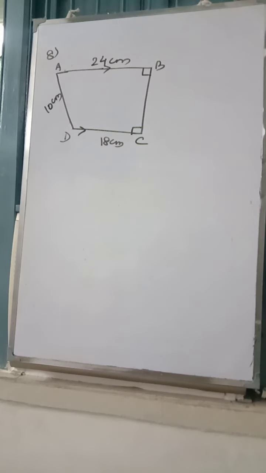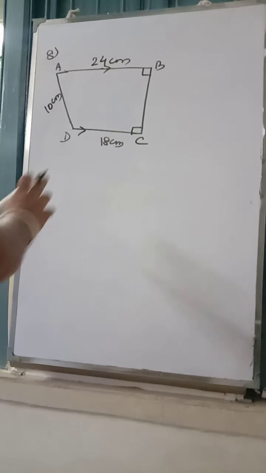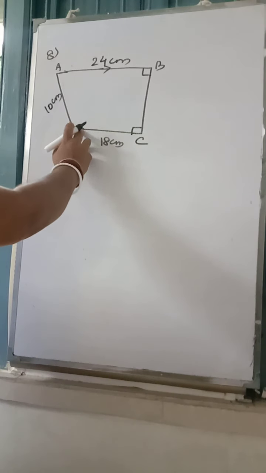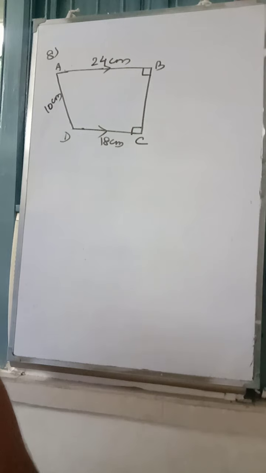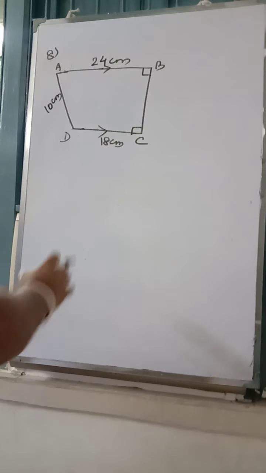First it is given AB and CD are parallel, so I have constructed a parallel line. Then it says angle B and angle C is 90 degree, that is constructed. Then it says the length of AD is 10 centimeter. Now you have to get the area of this trapezium. Okay. What we are going to do,